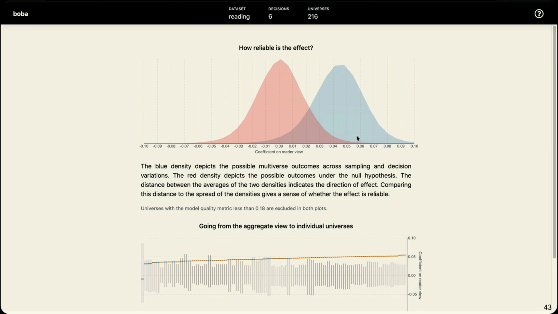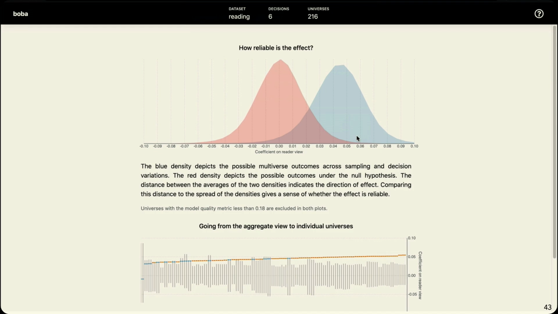we can perform inference, and Boba will provide a summary view on the top of the multiverse analysis, and underneath, all the individual universes are visualized for the end user to be able to read and understand how they contributed to the overall result. So once Boba was released, one of the things we observed was that what makes authoring